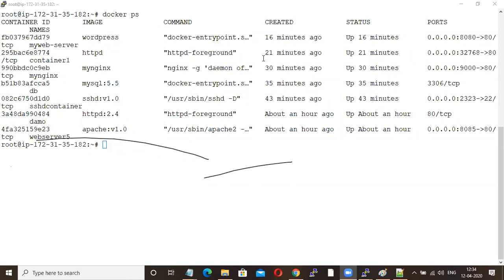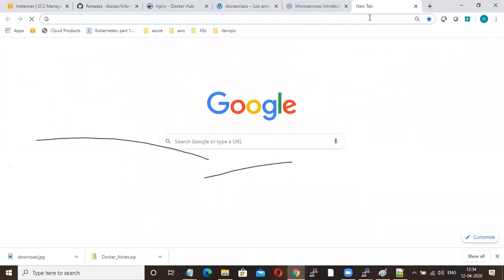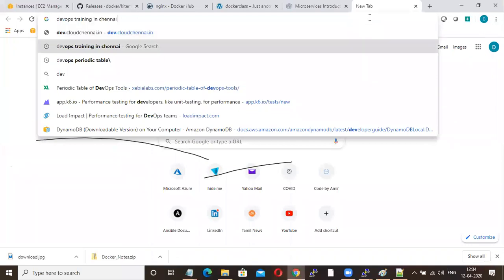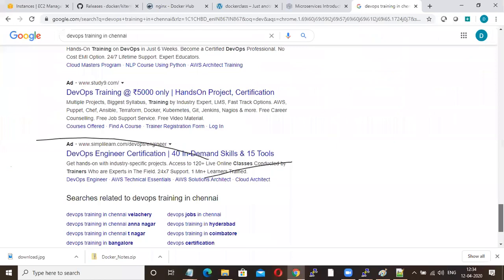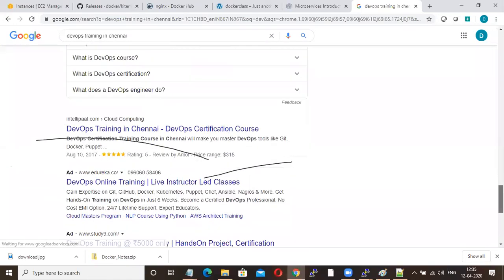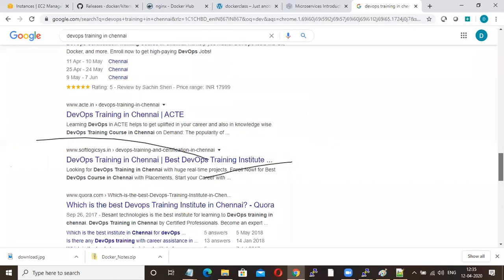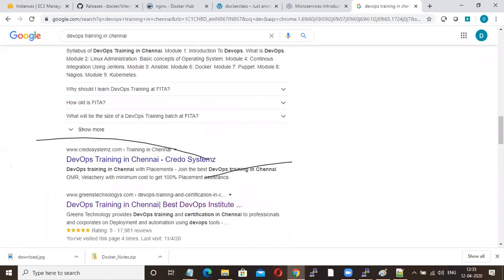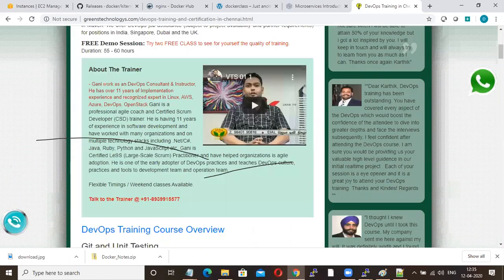Just search for DevOps training in Chennai, go to our institute site, then go down.